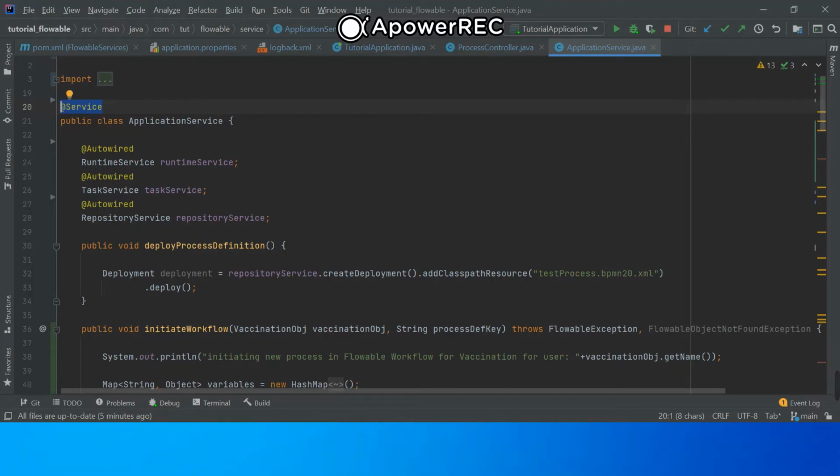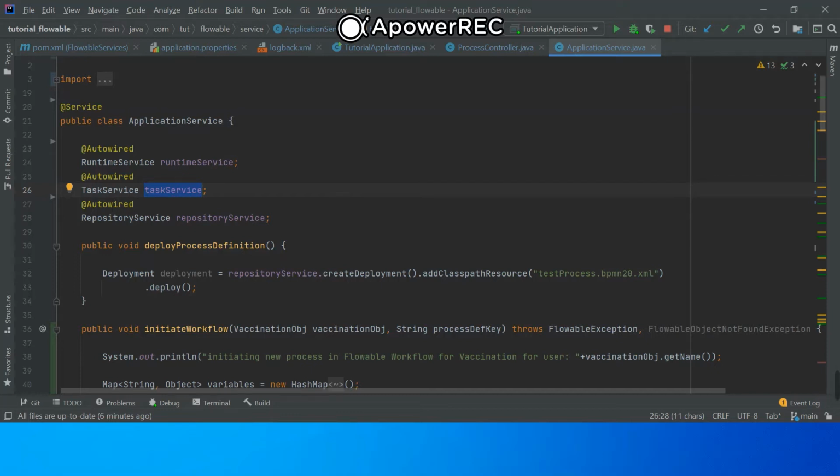And we have auto-wired the runtime service, task service, and repository service of Flowable, which will be used in different methods. Runtime service we are using for creating a new instance, and task service we are using for completing a user task or for getting the active pending task, claiming or unclaiming a task. So that time the task service will be used.